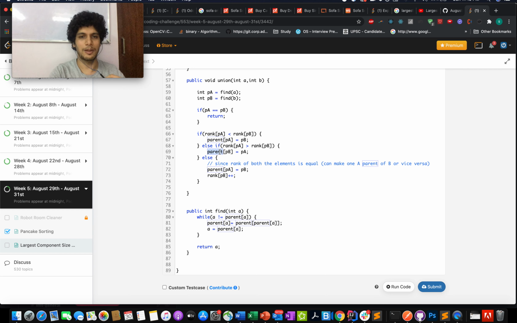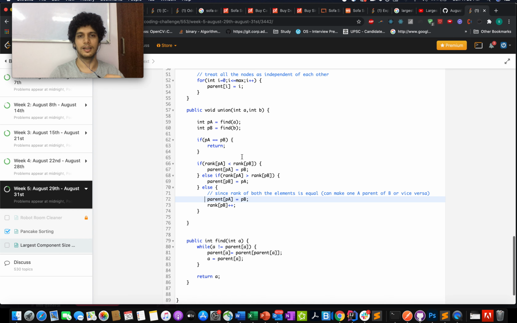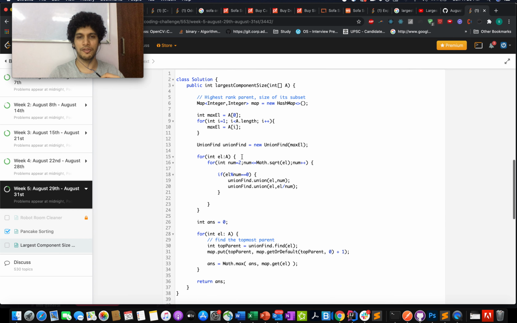So these are typical things that we do in union find. I don't have enough time today to describe how union find works, but sometime in the future I'll be doing that. Also, whenever the ranks of both the elements are equal, you make A the parent of B or B the parent of A, vice versa. You can do that, and this is what has been done here. You increment the rank of B, and the parent of A turns out to be the parent of B. So don't get overwhelmed if you feel you don't know something about union find. Just search it over the net, and you will definitely find enough information that will help you understand the logic.